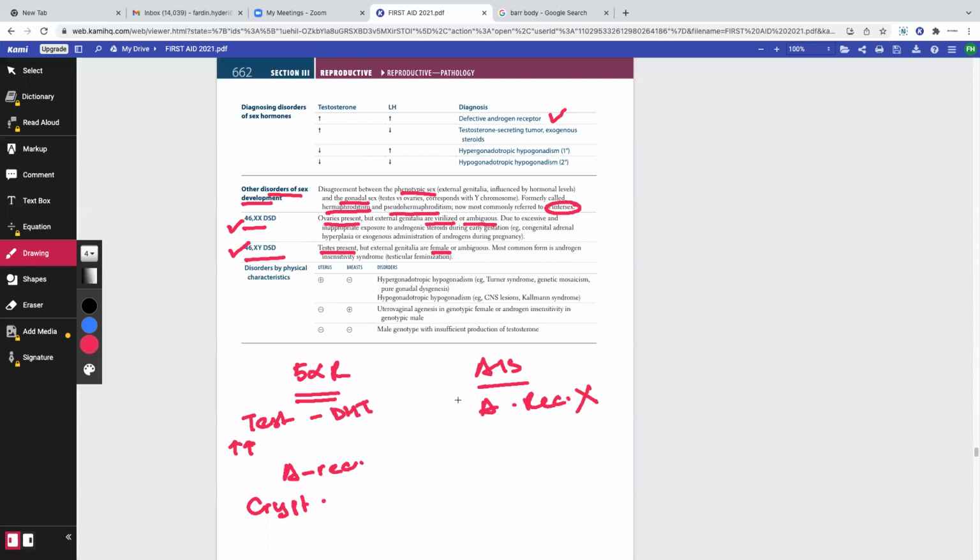So despite a testosterone surge in puberty in androgen insensitivity syndrome, will they have virilization or a correction of their phenotypical features? Yes or no? The answer is no. So will these patients still appear phenotypically as females? Yes or no? The answer is yes. And will these patients have cryptorchidism? Yes or no? The answer is yes.